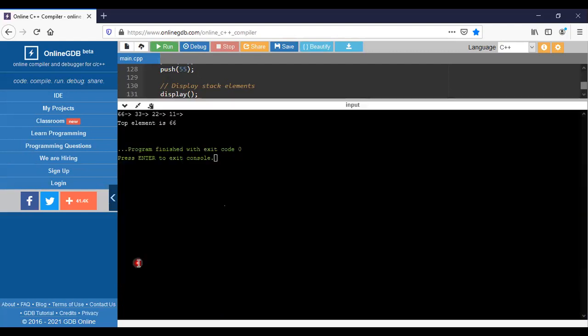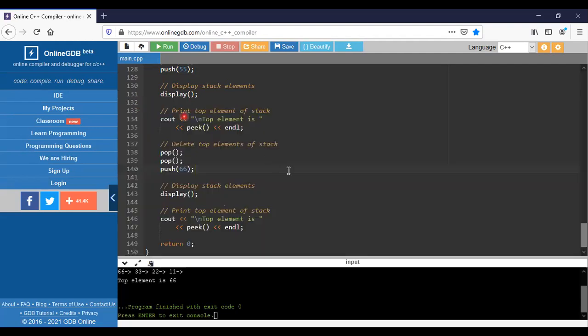See here, first we initially used 55, and then we deleted two. With two pops, the last inserted values are deleted first, and then we do an insertion here. So now the insertion point will be that one, which is 66.